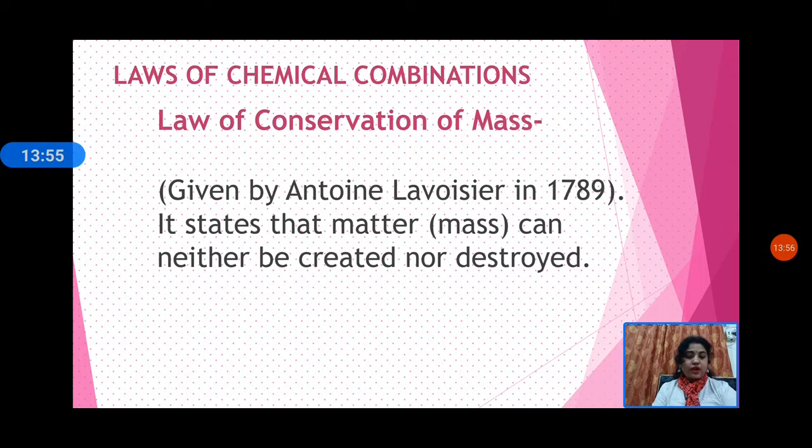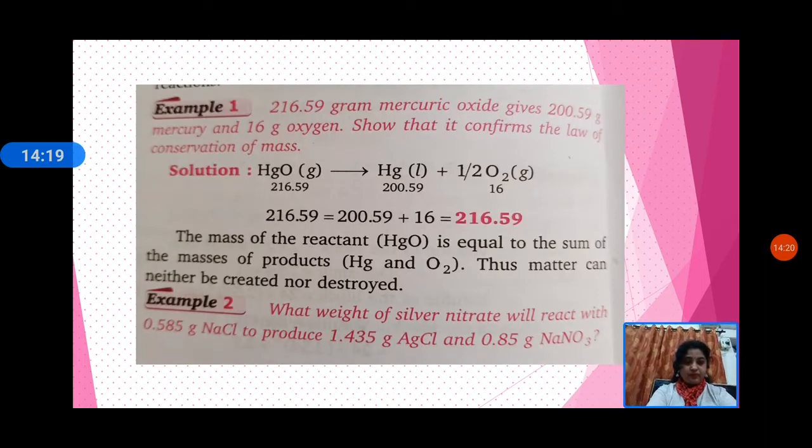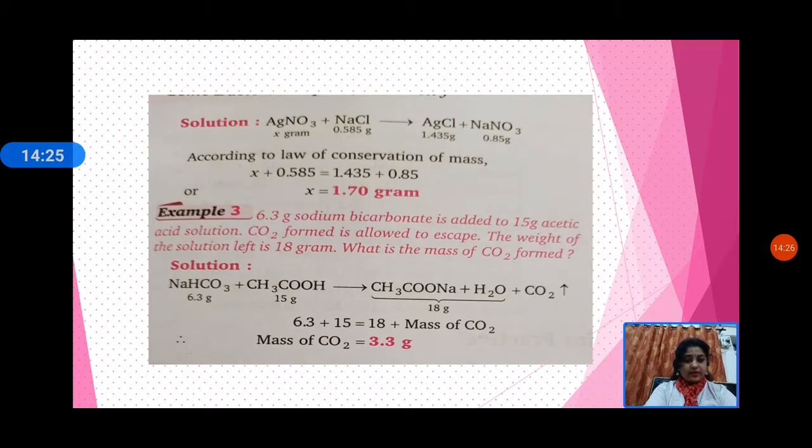What next you have to do? You have to write the reaction. Silver nitrate plus sodium chloride gives out silver chloride and sodium nitrate. Three masses are given. You will note down the masses below the compound formula, and one silver nitrate mass is asked. That will be your X. When three are known, it will be easy for you to find the last value X. Few examples I have displayed here. Please go through it. That will clear your doubts if you have any. This is a simple law. It will be easy for you to understand it by solving few questions.